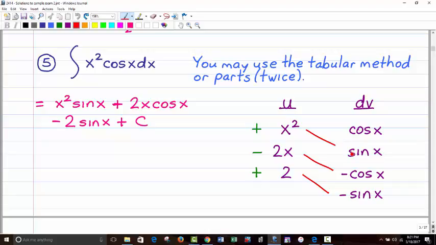Antiderivative of cosine is positive sine, not derivative. Yes, the derivative of cosine is negative sine, but the antiderivative of positive cosine is positive sine, which makes the antiderivative of positive sine negative cosine, and then the antiderivative of negative cosine would be negative sine. And then you always connect this pattern. Your dv is never used in your answer,